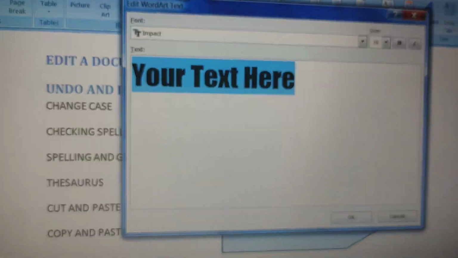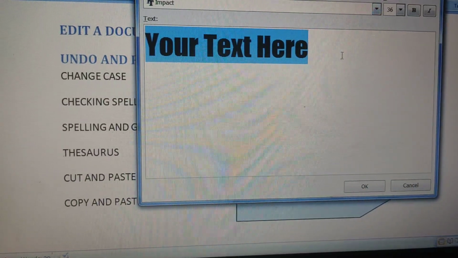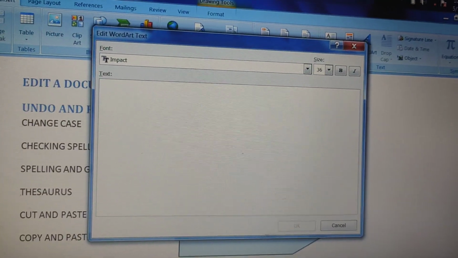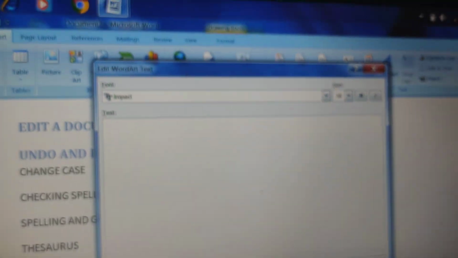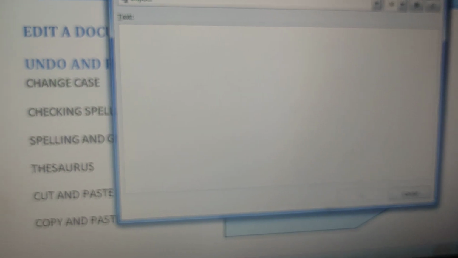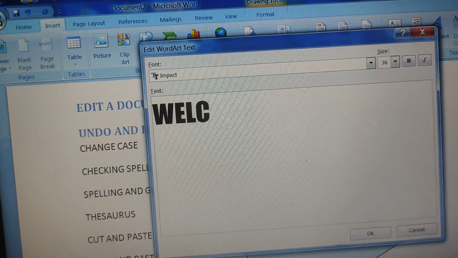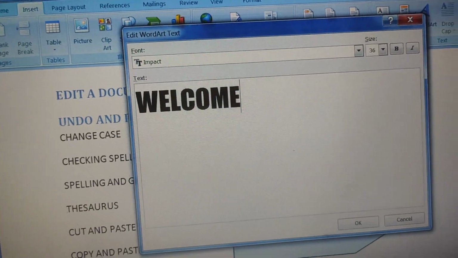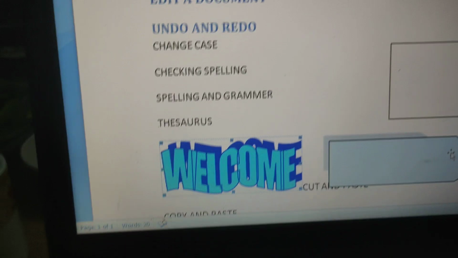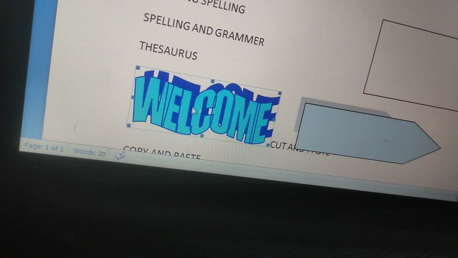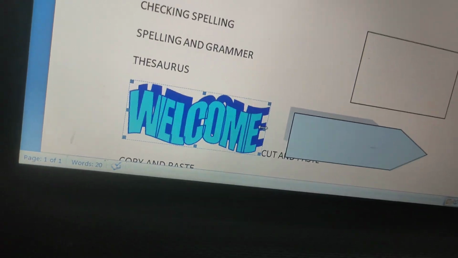Just click. I'm pressing backspace, so it is deleted. So you can type anything. I have typed this, then click OK. You can see the same style of font, whatever you have typed, appears on the screen.